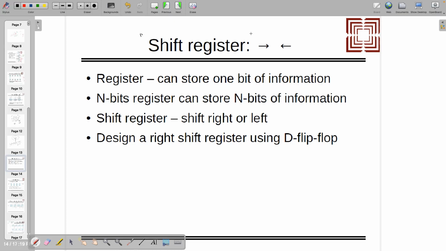Next is shift register. It's also very popular. You want to shift either left side or maybe right side, which is used mostly in microprocessor designs, where shift register is playing an important role in many instructions. Right? You are studying instructions right now. So in that there might be some instruction which uses a shifting operation. Even using shifting, you can do multiplication. You can do many operations. Arithmetic operations are possible with shift register. So that's why shift register plays an important role.